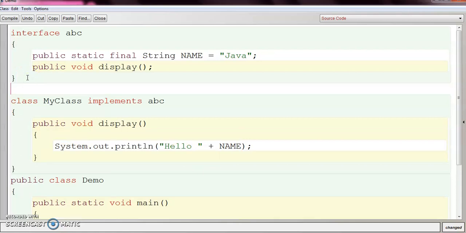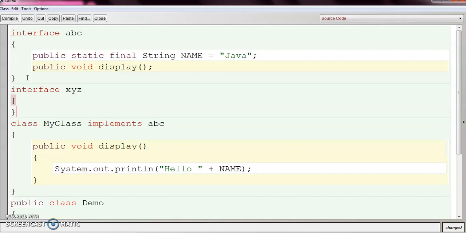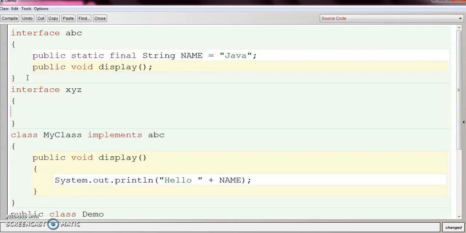So now let's create another interface, say interface XYZ, and inside this let's create a method public void, say fun, and this will also be the abstract method.